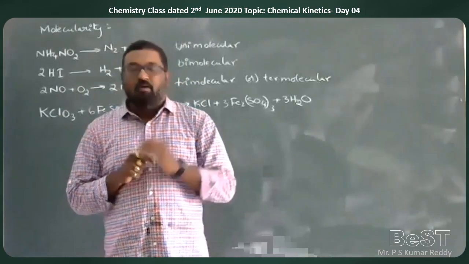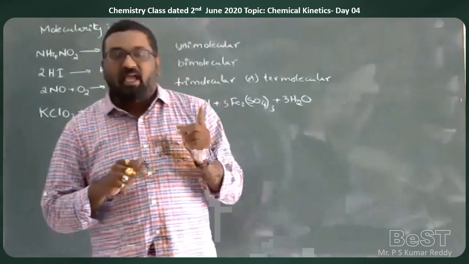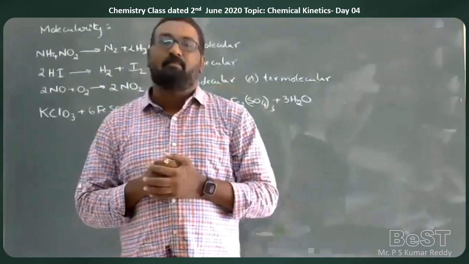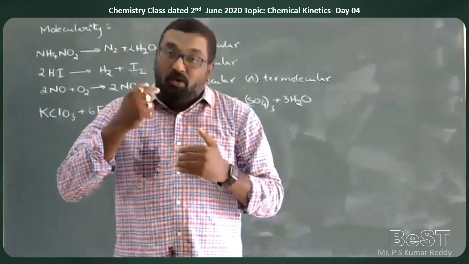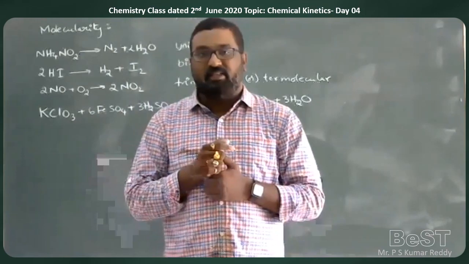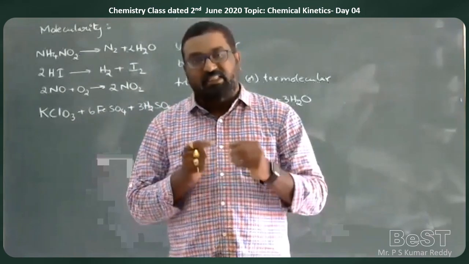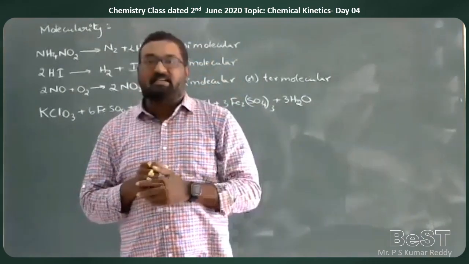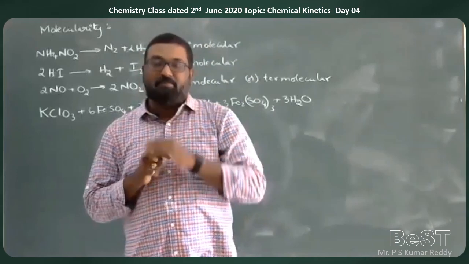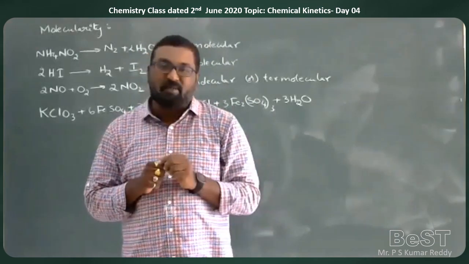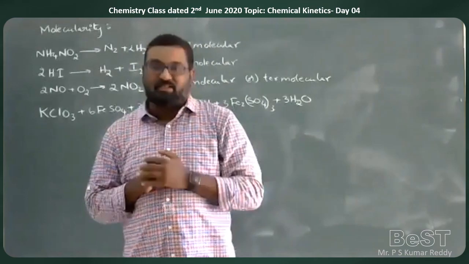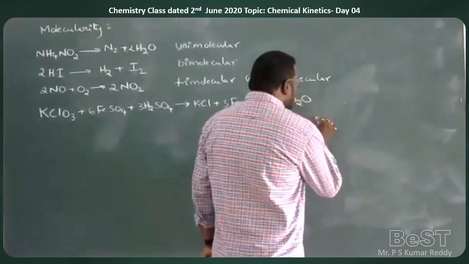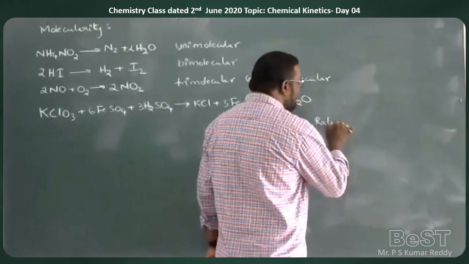With respect to order also, the order of the reaction can be maximum 3 only. Molecularity is also 3. Then when there are more reactants in a reaction, we will be considering the reaction mechanism. In that reaction mechanism, the slowest step will be determining the rate of reaction. So here we are learning another new term, the rate determining step.